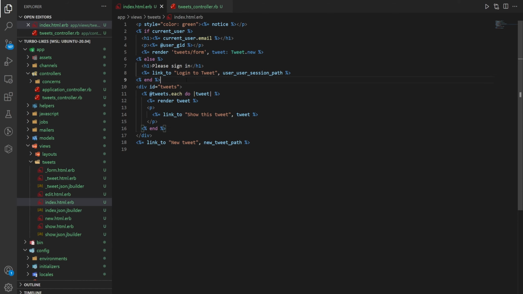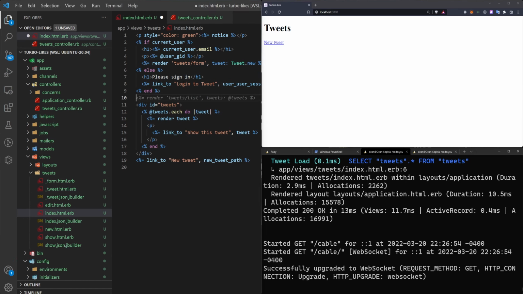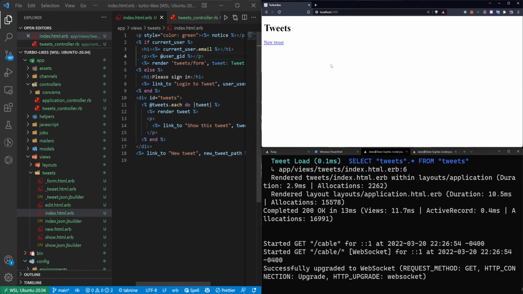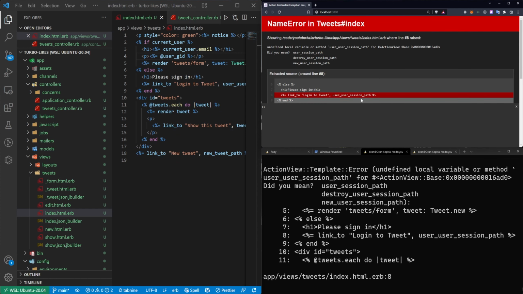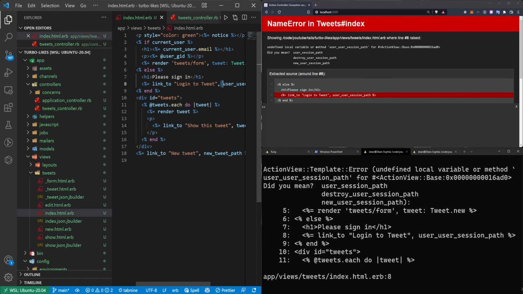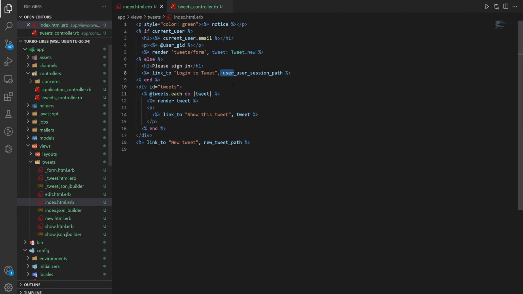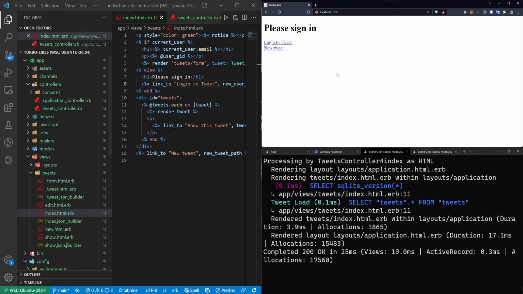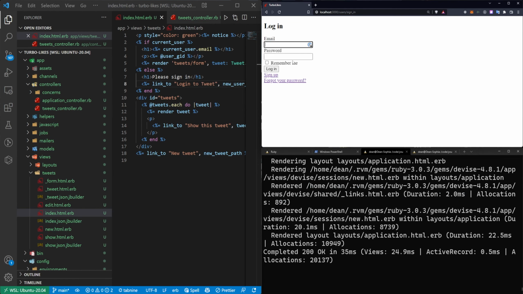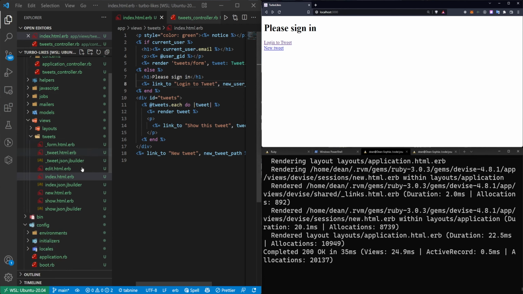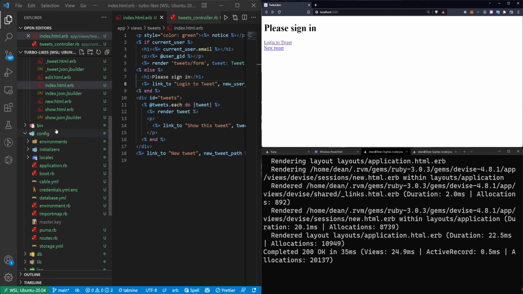And that allows us to set up the basic header for this app. So I'll go ahead and save this. I'll refresh the page and it'll yell at me for user session. So instead we need this to say new_user_session_path. I guess my brain thought one thing and my hands thought something else. We can now log in by going to this route, but just in case we mess anything up, let's create